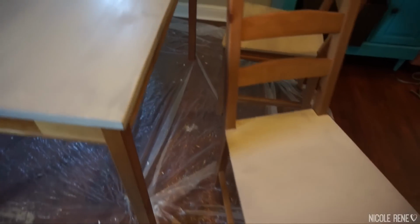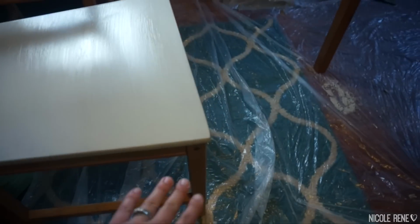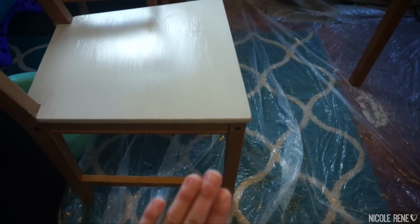Alright, this is what it looks like after one coat with the gray. As you can see, there's definitely still some wood color peeking through. So I think I might actually leave the gray like this, because I might even take some sandpaper and buff it. I want the top to be a little bit distressed. When I do the legs, I think I might do 2 coats so that I get a really good opaque